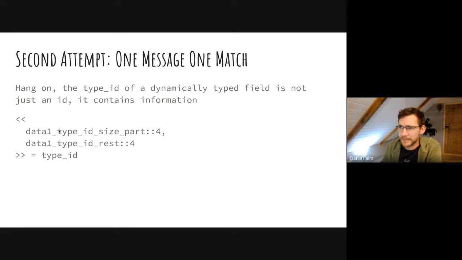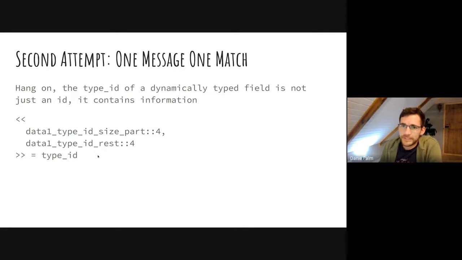It so happens that the first nibble of the ID gives the size of the data in bytes. And the second nibble, so a nibble is half a byte. And this is how you grab half a byte in Elixir. You say, listen, I just want 4 bits. So you can get the size right out of the ID, and then the second nibble is just kind of for disambiguation. It doesn't do so much.